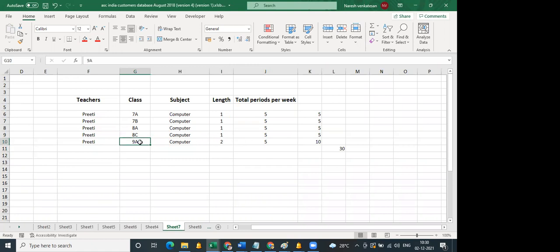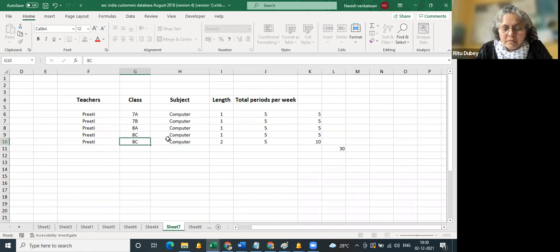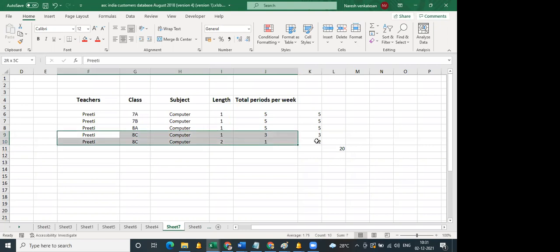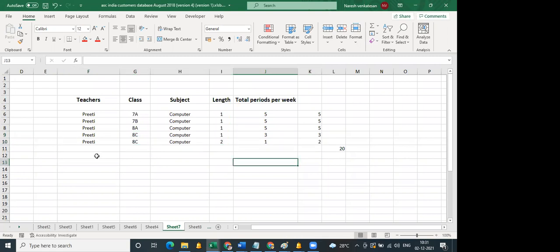You can mention this like this. So for this class alone, she handles 3 single periods and 1 double period for 8C. Are you getting it? Yes. Similarly, you can continue for another teacher.